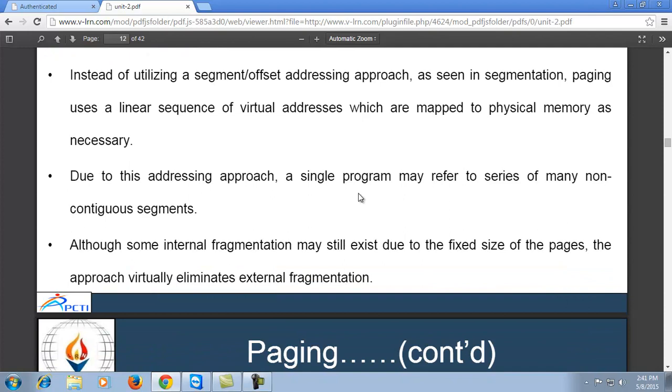Due to this addressing approach, a single program may refer to a series of many non-contiguous segments. Non-contiguous segments are segments which do not continue within limits. As we discussed earlier, there is a lot of difference between continuous and contiguous. Continuous means we know only the initial point and it continues, but we don't know the ending point. In the contiguous case, we know both the initial and ending points, and it continues inside those limits.